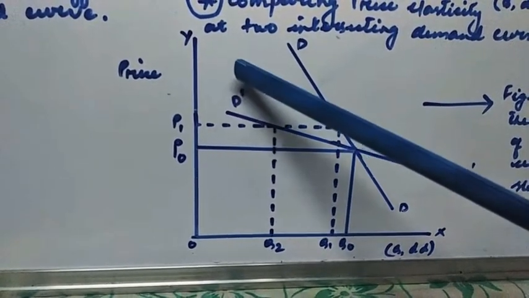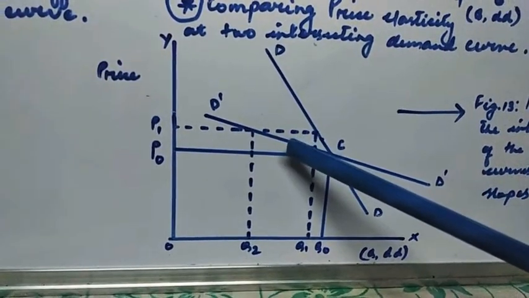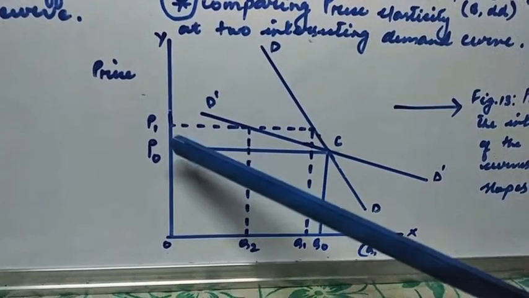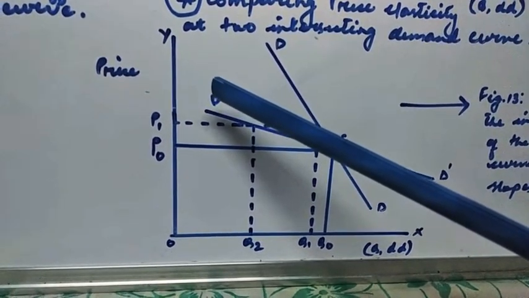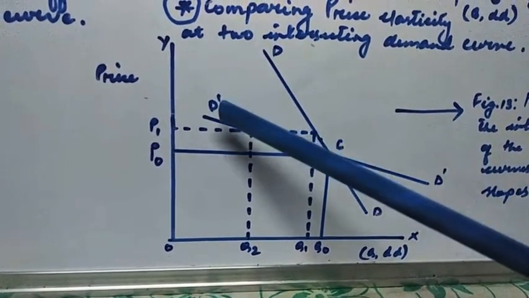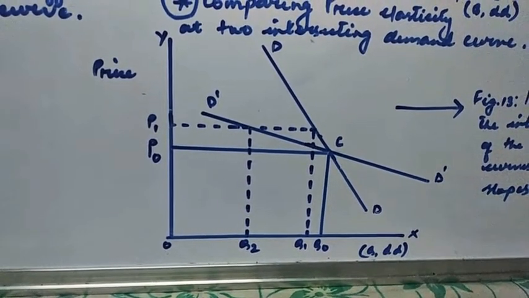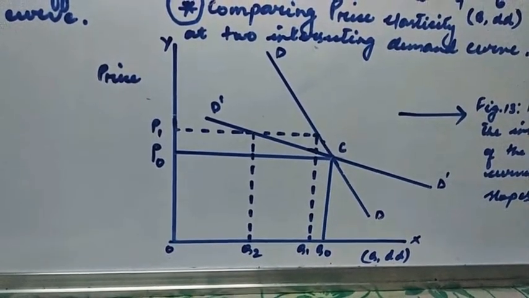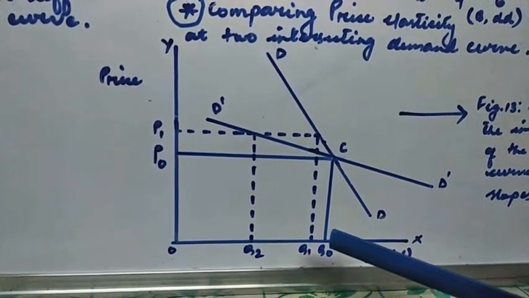It will be seen from this figure 13 that when the price rises from OP0 to OP1, we see that for the demand curve D dash D dash, with the rise in price from OP0 to OP1, the fall in quantity demanded is from OQ0